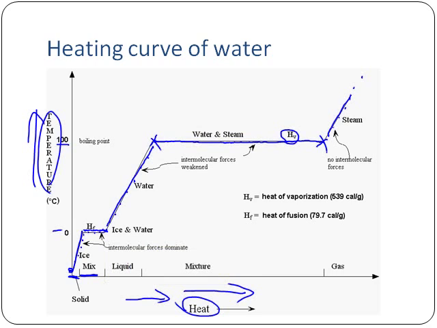It's a mixture between liquids and solid. Then we have a liquid phase that goes down here, which is on the section that's right up here. And then we have a mixture between liquids and gases, water and steam right up here. And then we have the gas phase, which is the very end. And so this table right here, this chart, will actually give you a pretty good idea